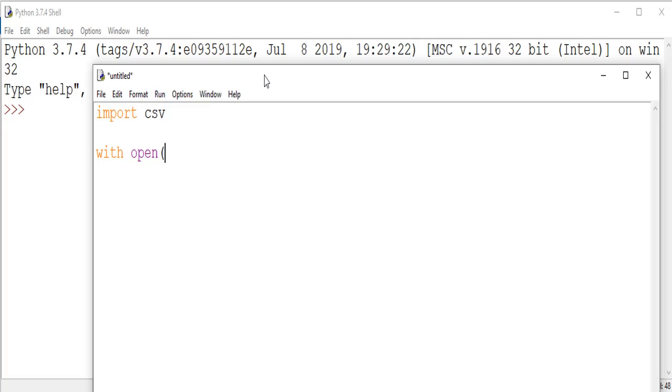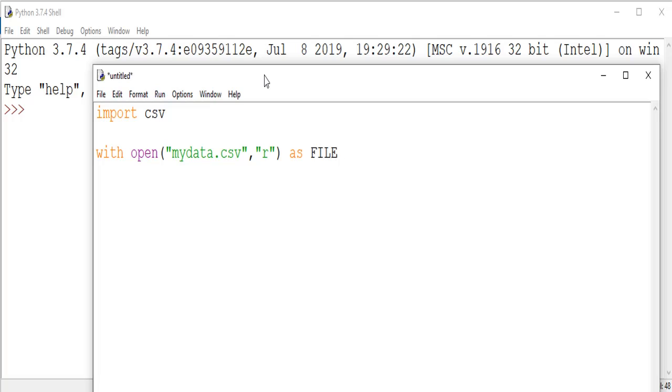So with open mydata.csv, comma, read mode. We will be reading this file first and then we'll work on it as we save the file.